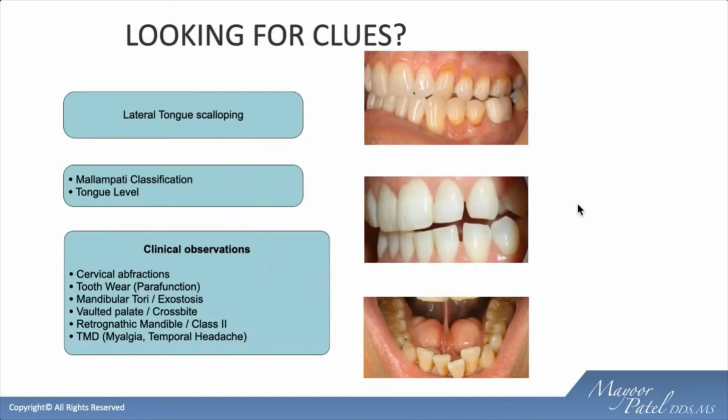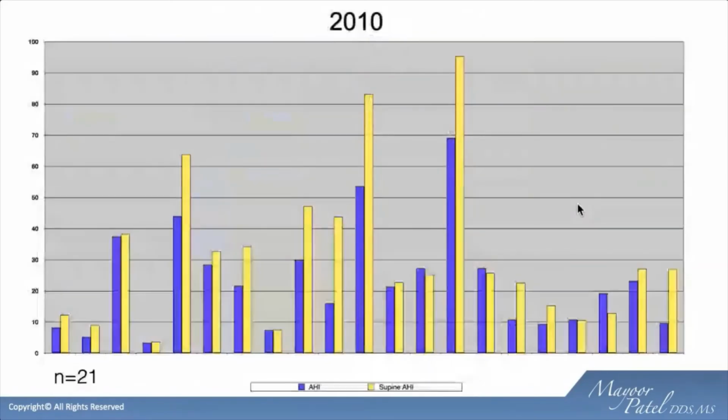Now, of course, do you understand not everybody follows through? So in 2010, I wrote just over 50 referrals consecutively based on the merit I just described, and 21 of them actually followed through and got themselves tested. Each one of these tests on this graph is a polysomnogram. None of these were home sleep testing. And the fourth one in is the only one that did not have a diagnosis of obstructive sleep apnea, whereas everybody else tested positive for obstructive sleep apnea.